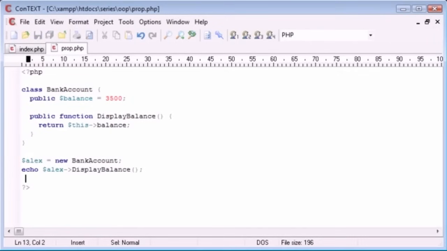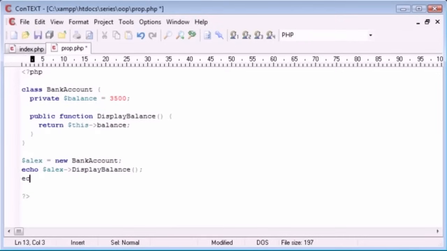Now, why do we do this? What's the reason for our public, protected and private keywords? If you were to have a variable inside here, such as the bank account balance, that you didn't want to be displayed on its own, you can set the type to private, and this means that the variable as a whole can't be accessed outside unless a method within returns that value. So for example, balance we want to keep as a private value, so we can't say